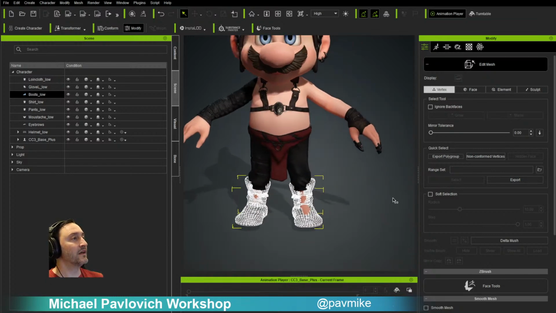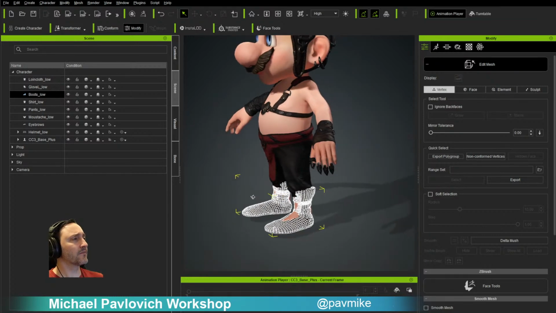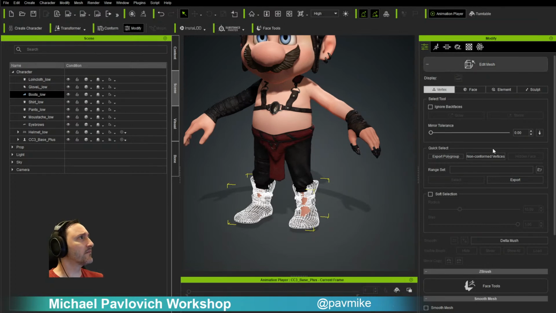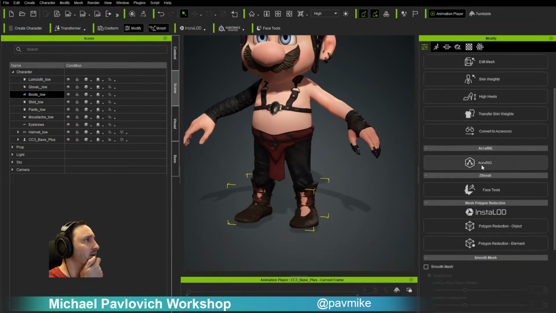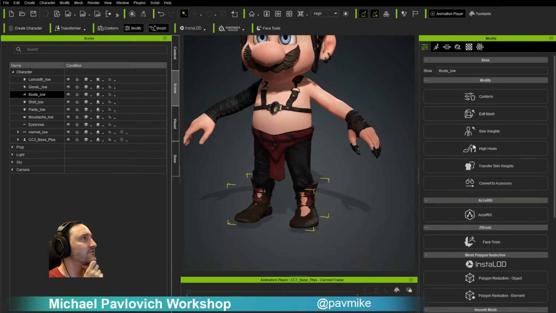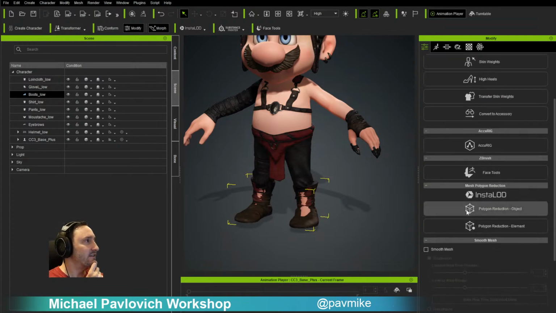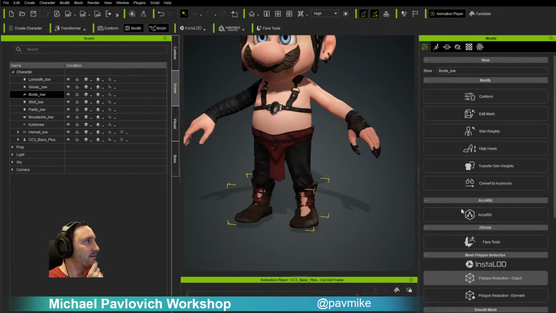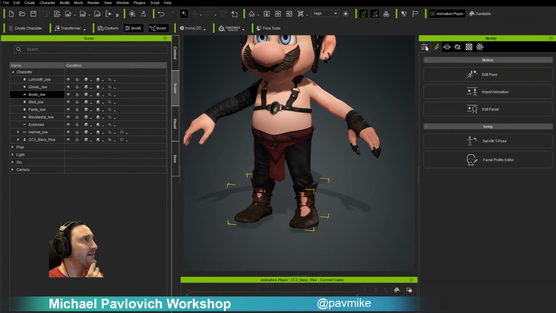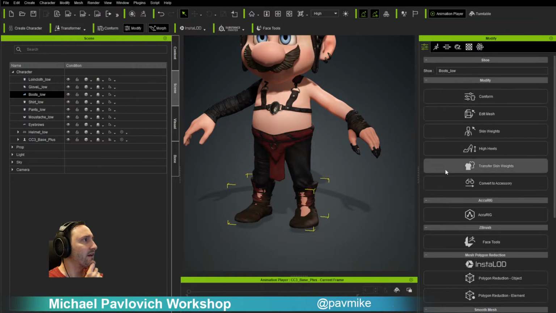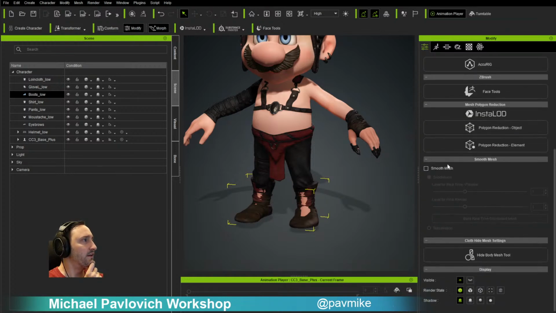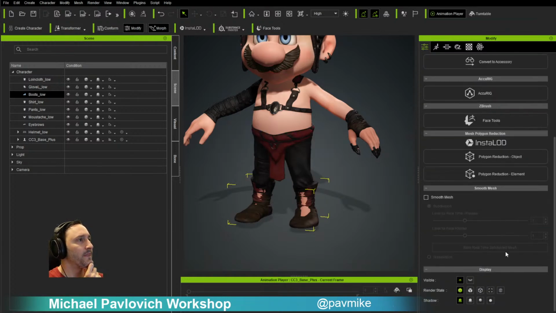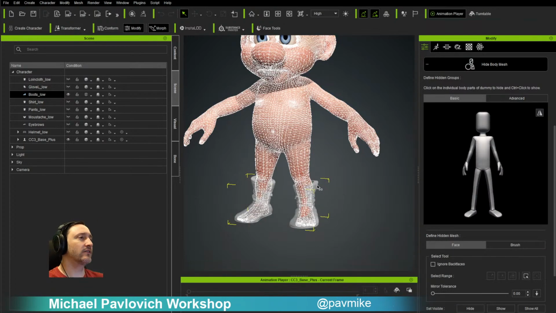I like it. Okay, so let's see if I can remember hiding stuff. Let's go out of edit mesh. Again, I'm ill prepared to be doing these types of tests because I really don't remember everything. It's all not in my brain yet. Okay, I guess just be aware there is a way to go. Oh, there we go. Hide body mesh tool. You can even have these objects and these pieces of clothing automatically hide pieces of your body based on